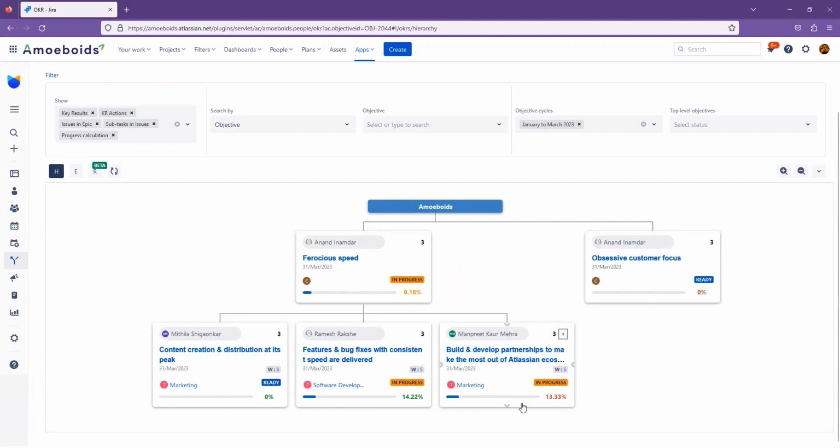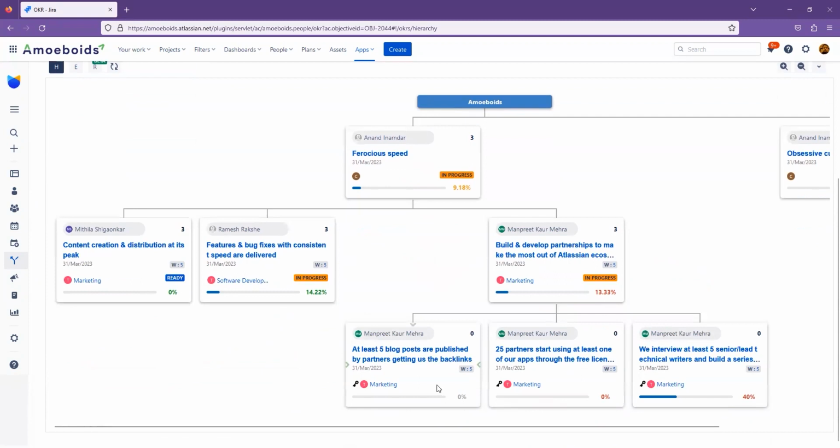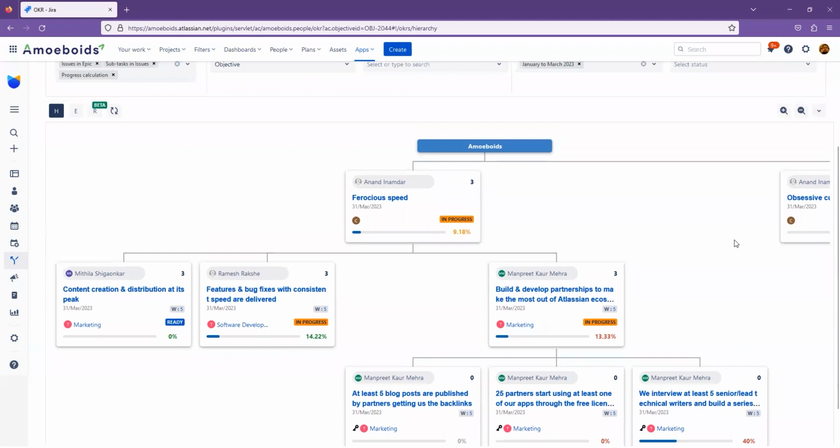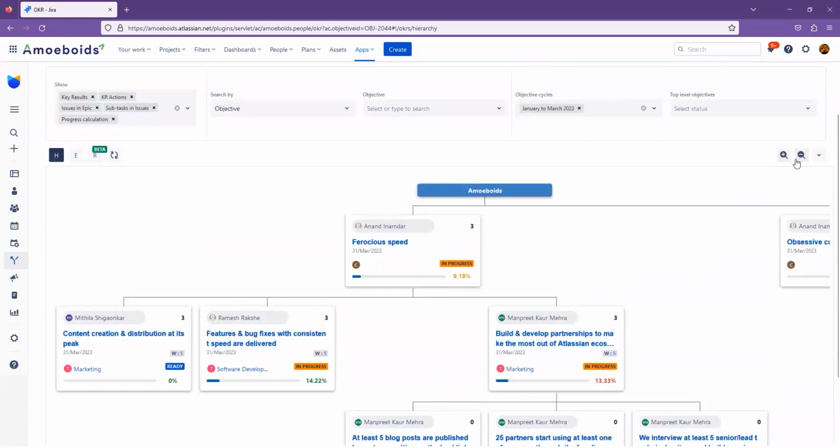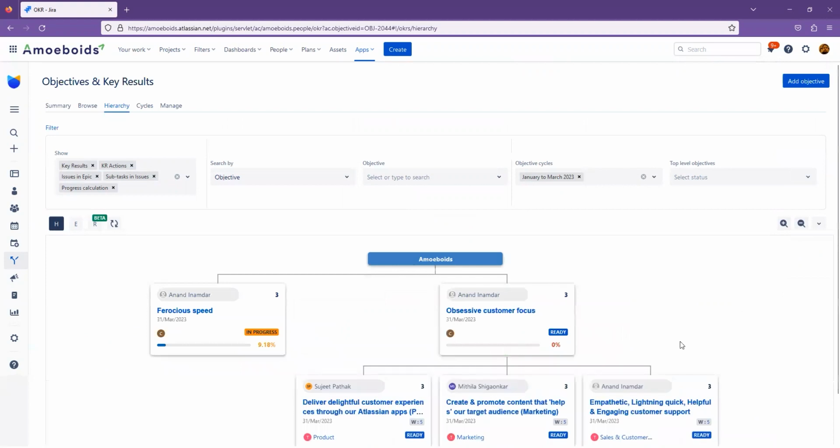items. I can further expand any of these and see further 3 contributing items. Now it depends on how many contributing items you have in place, but this can go on and on right up until the lowest level in the hierarchy. You can zoom in, you can zoom out. You can also expand the hierarchy by one level in one click, rather than clicking the